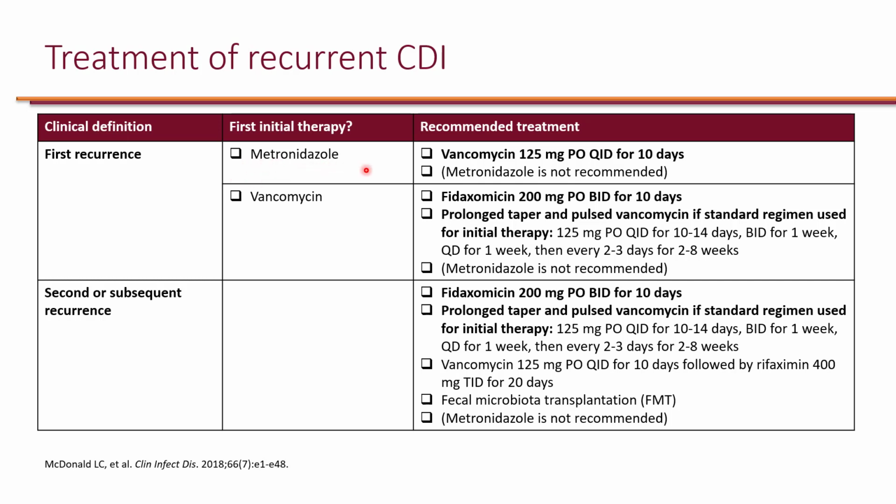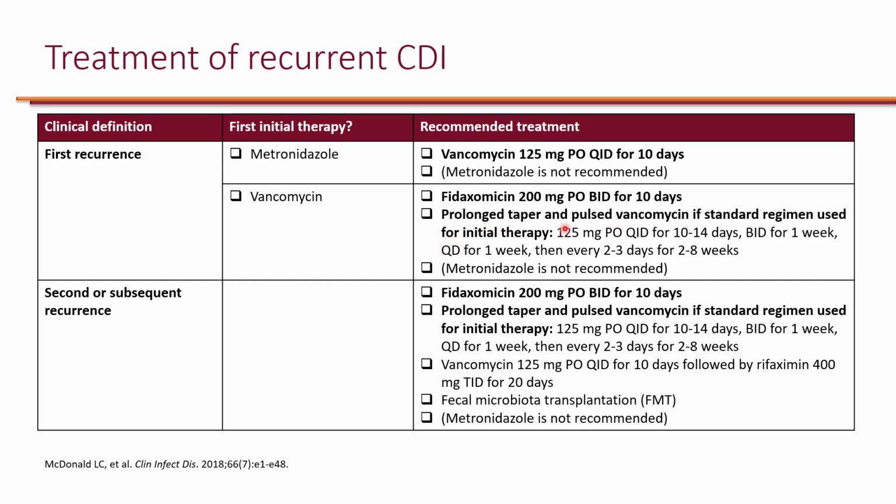So if that is indeed what the patient received for the initial therapy, the recommended treatment for this first recurrence is to give vancomycin at the lower dose of 125 milligram PO 4 times a day. It is no longer recommended to give metronidazole if the patient received metronidazole for the first initial therapy. Now, if the patient received vancomycin for the first initial therapy and now is having recurrence, it's recommended to use fidaxomicin for 10 days, or if you are to use the oral vancomycin, again, it is recommended to use prolonged